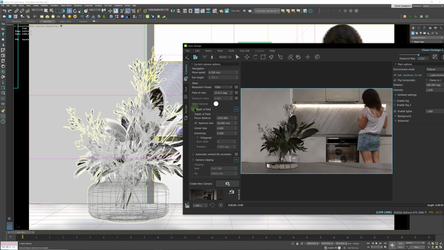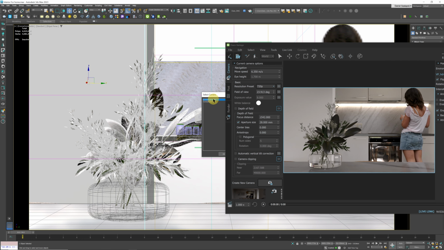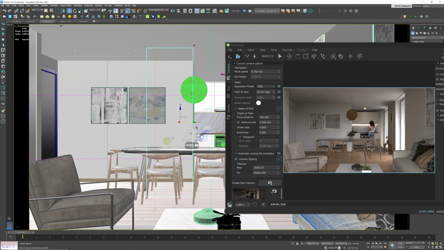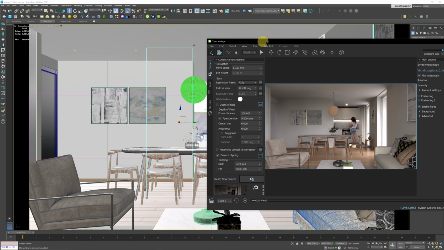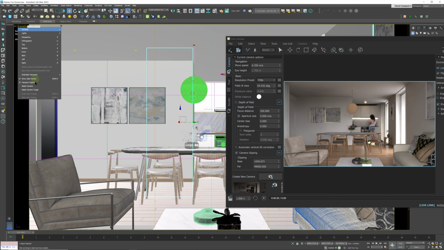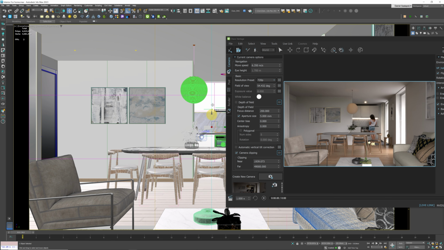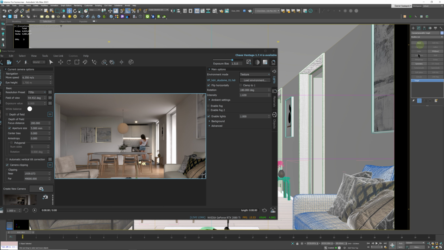Okay, so we're going to just close that, and we're going to go back to our camera 1. Okay, so here we have camera 1. We're going to click OK, and we are going to go to the bottom over here, and you have automatic vertical tilt correction. So what you can do, if you have your camera and you select the target and you move the target up, I think I already have it applied on here. If we select the camera one more time,